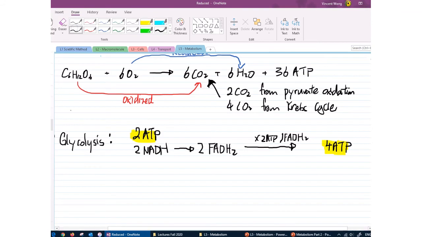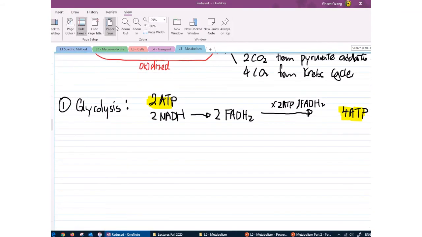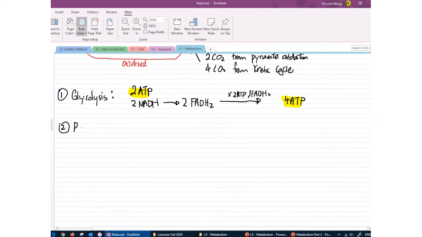Okay, next we have pyruvate oxidation. That is step number 2. And again, I encourage you to be doing this with me, so it will make more sense if we do it together. In pyruvate oxidation, we are not generating any ATP. Well, I should actually go back here and mention that these two ATPs that were generated in glycolysis, that was by substrate level phosphorylation. Okay, so no ATP creation in pyruvate oxidation,